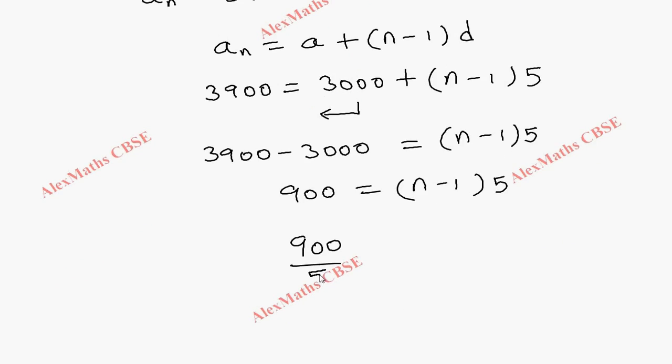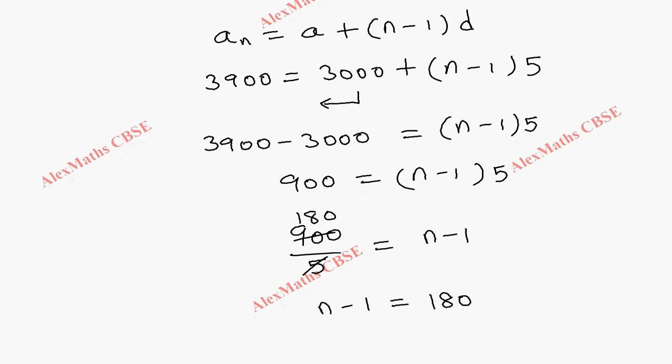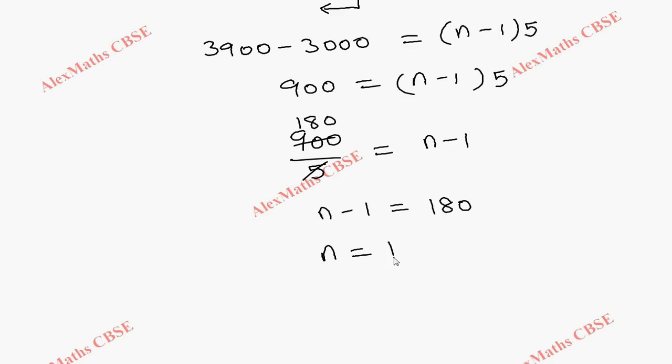So 900 by 5 equals n minus 1. We can cancel this. 1 time it is 5, balance 4. 8 times it is 40, and again this is 0. So we get n minus 1 is equal to 180. From this, the value of n is 180 plus 1. So he needs minimum 181